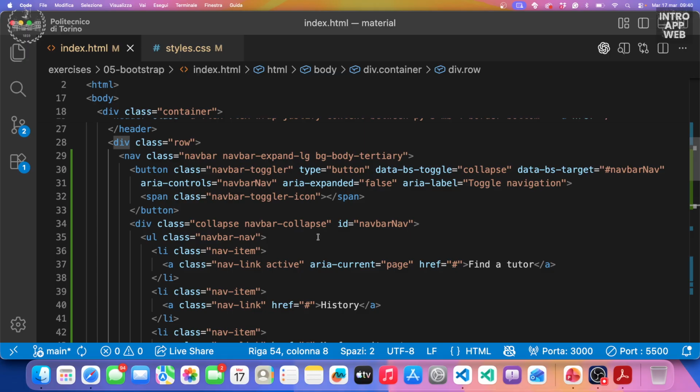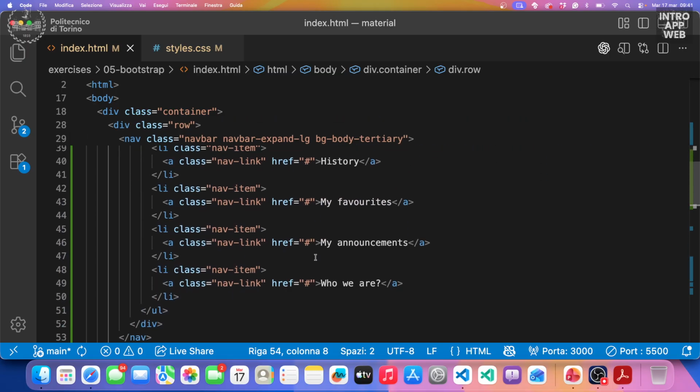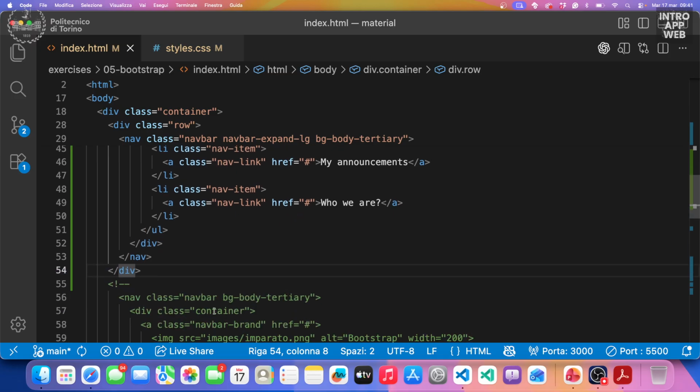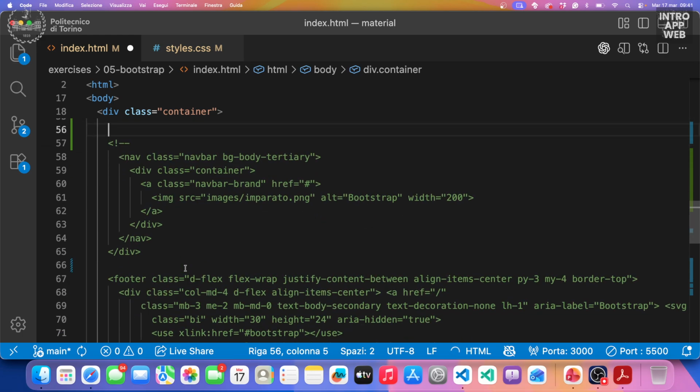But the problem is that sometimes the components might display differently from what you expect, because the structure is not consistent or because you are not closing the elements where you are supposed to close them. Nice. So now that we are sure that it is fine,